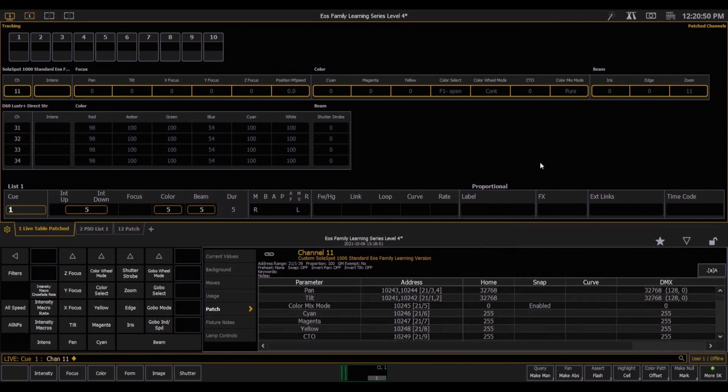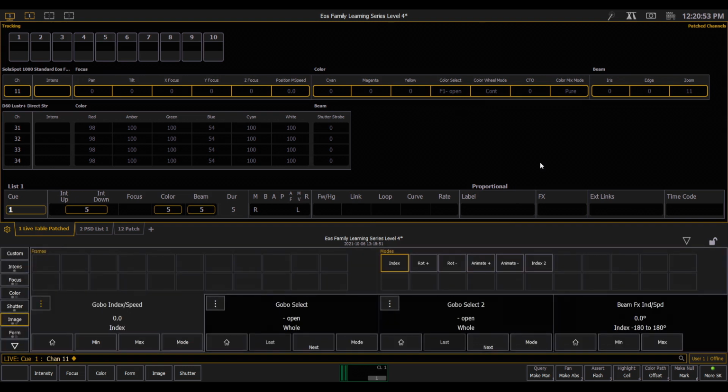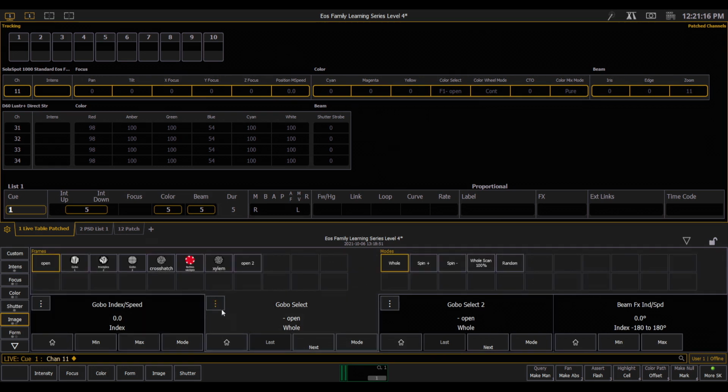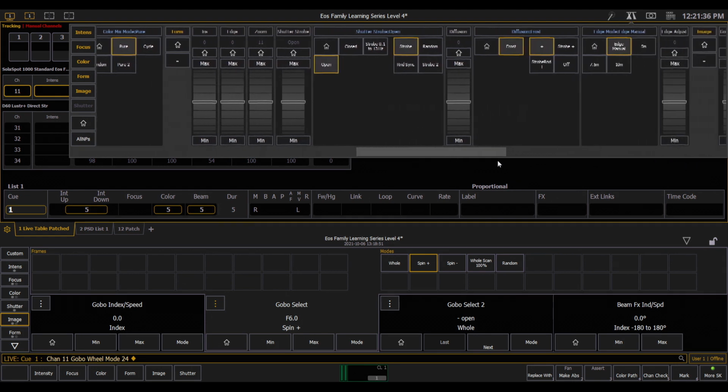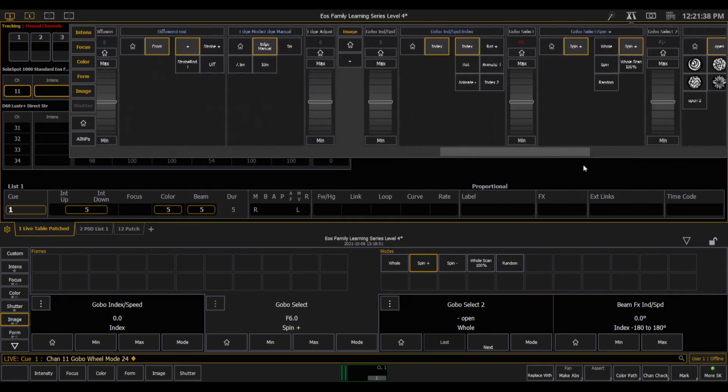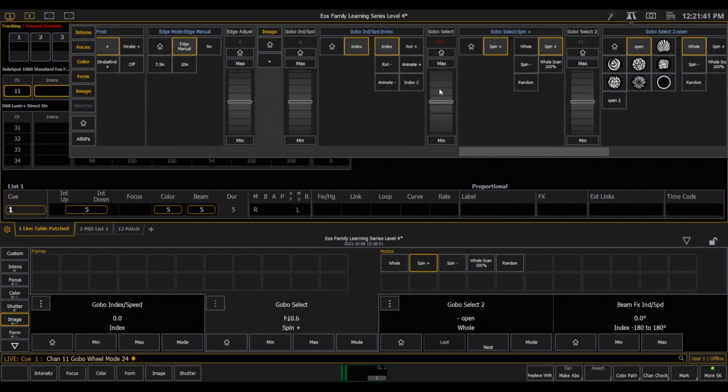Let's open up our encoder display, and we're going to go to the image category and talk about those ranges one more time. So you'll notice on Gobo Select, if I open that up, when I'm on whole, I have the option to pick a gobo. That's very useful. But if I switch to spin, those gobos disappear, and now I can, using my ML controls, move that range up and down.